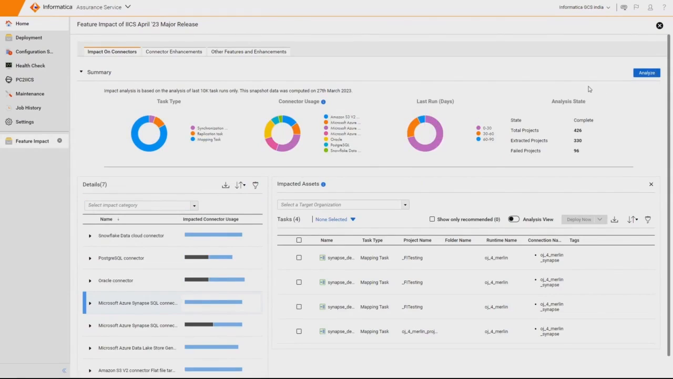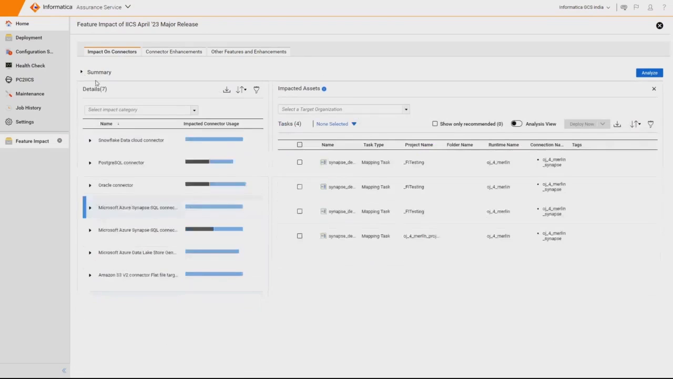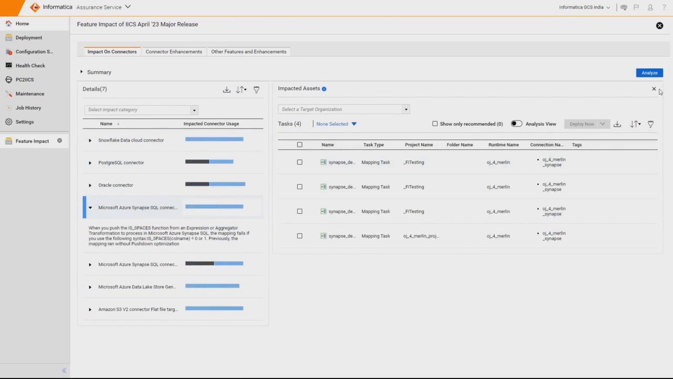There is an Analyze button to do a complete detailed analysis of our org and understand for each asset how exactly they are impacted. And I'll explain this in a minute. So let's take a particular impact as an example to understand this better. As you can see, this is an impact on the Microsoft Azure Synapse SQL connector when it is being used as